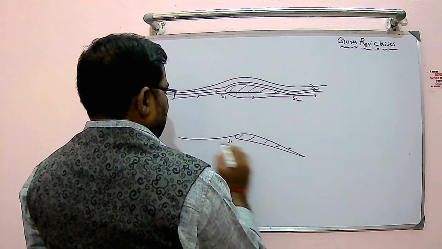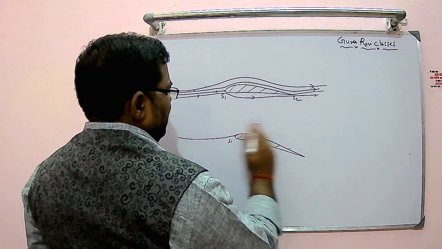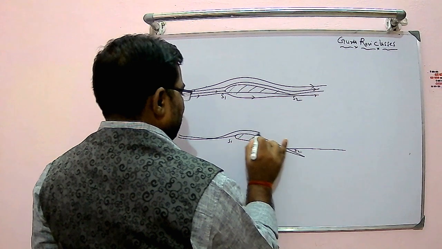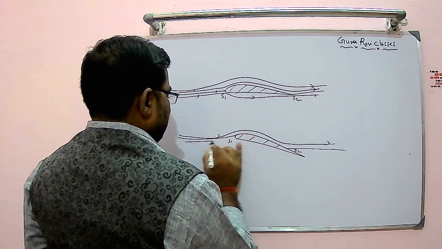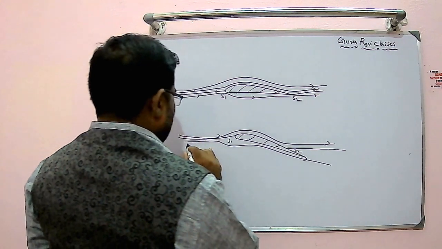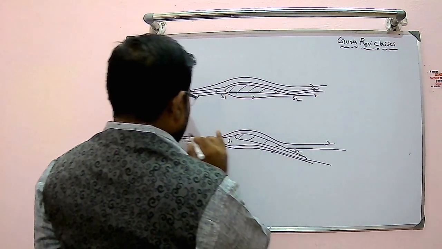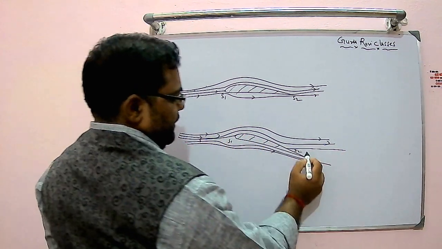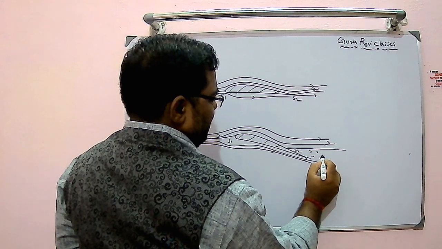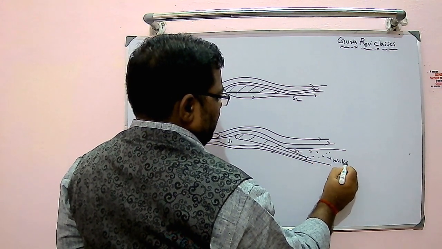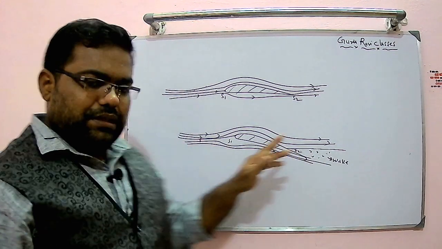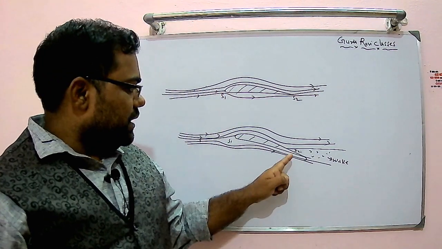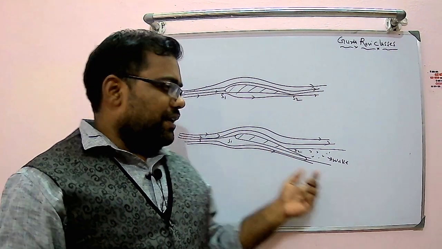This is S1 and now flow has gone like this and got separated from here. So this is S2. So the flow behavior is something like this, and from here it is getting separated. From here also it is going like this. So if you look at the pattern in which flow is going here, a lot of vortex will be forming, that is called wake. The wake region is more now because the rear stagnation point has moved in this direction. Because of that, wake formation takes place.